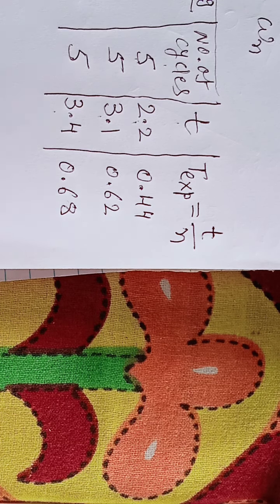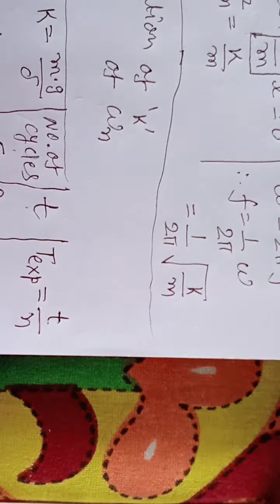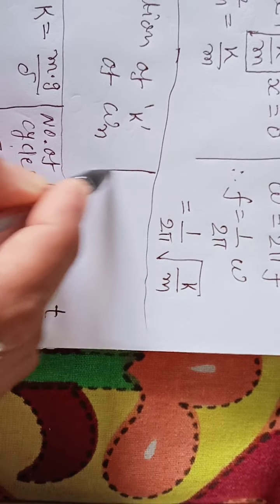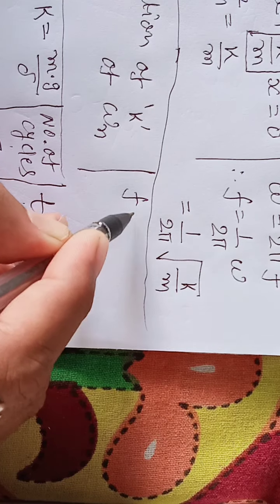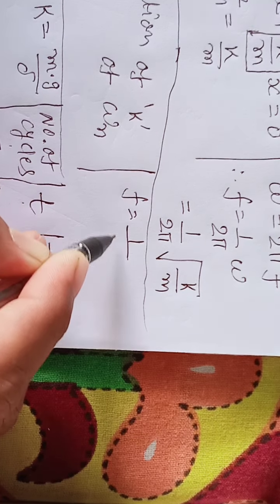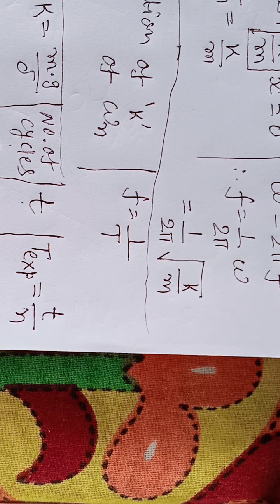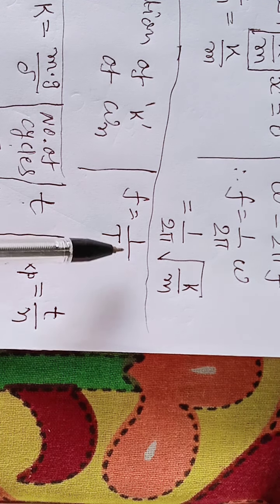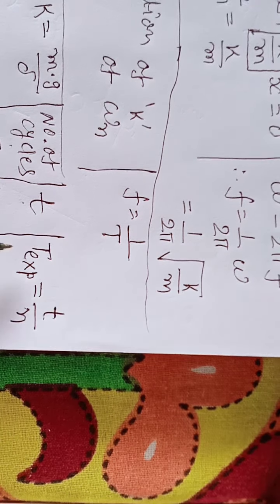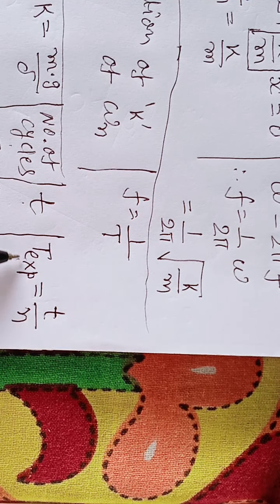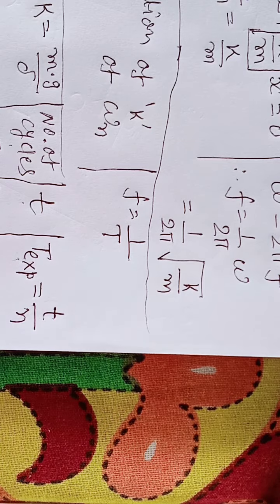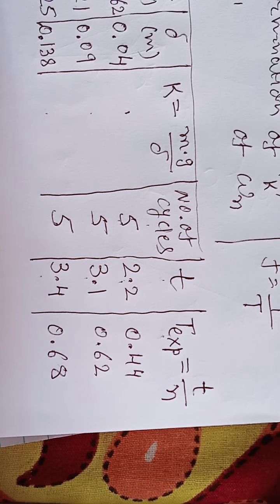And then frequency f. Here frequency f is the reciprocal of time period. You know that frequency f in hertz is the reciprocal of time period. So for this value T experimental,